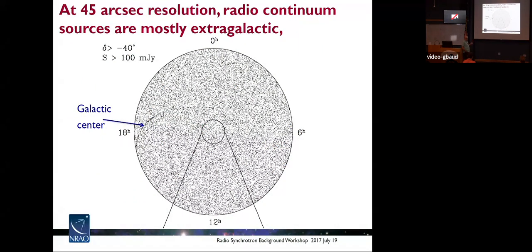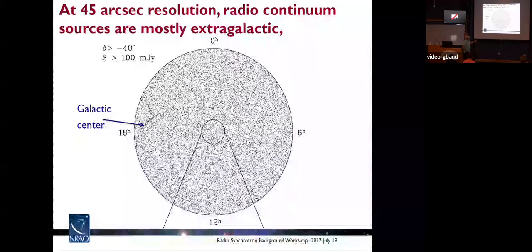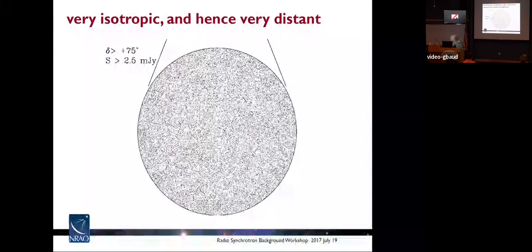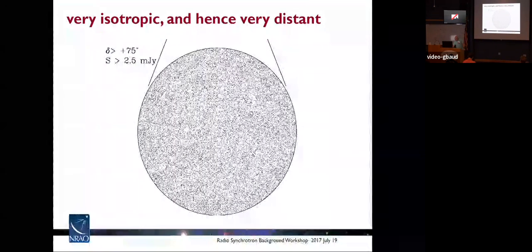If you look at the NRAO VLA all sky survey, it was at 45 arc-second resolution, L band, and basically covered the whole sky visible to the VLA. So if you look at it at this resolution, all these things here are extragalactic point sources. The galaxy you can see is here, but these are all AGN. I'm going to zoom in. This is just looking at sources brighter than 100 millijanskys, and we're going to zoom in on the next slide. It's still completely packed with objects. This is down to 2.5 millijanskys. So lots of sources, very isotropic,